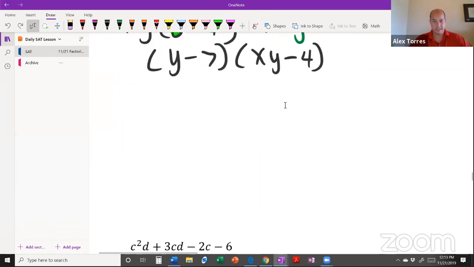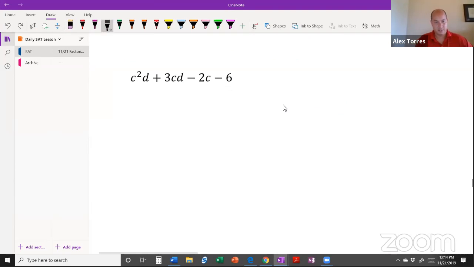So moving to the next example here. So we have 1, 2, 3, 4 terms. So that's supposed to remind us to possibly use the factor by grouping method here. So when we give it a try, we have the first 2 terms. They have a common factor of CD. Both of them have at least one C and at least one D. So if I take out CD, C squared D divided by CD is C, and 3CD divided by CD is